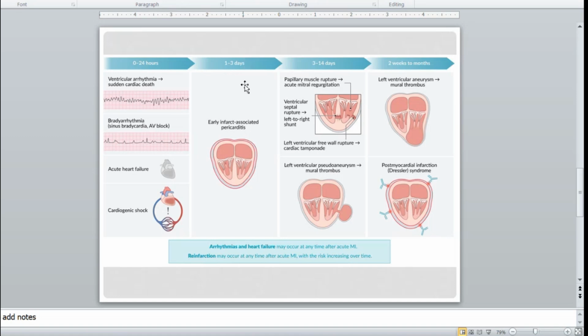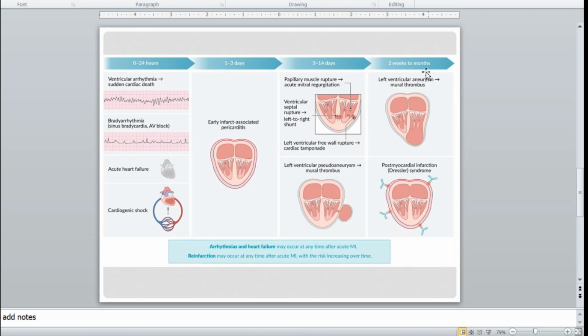And then from 1 to 3 days, yes, you expect the pericarditis. And after that, all of the mechanical complications, which, as we said, are the rupture of the septum with ventricular septal defect, rupture of the papillary muscles with mitral regurgitation, or rupture of the free wall and